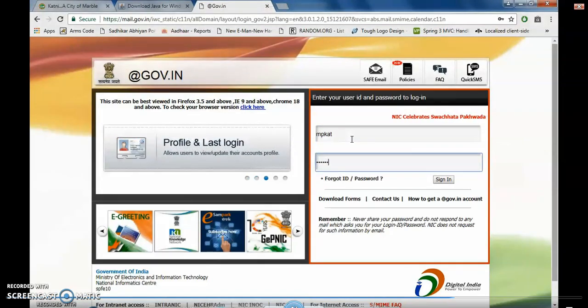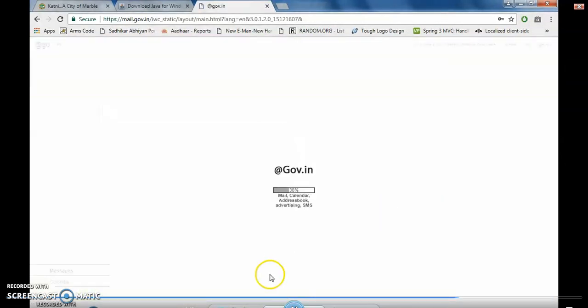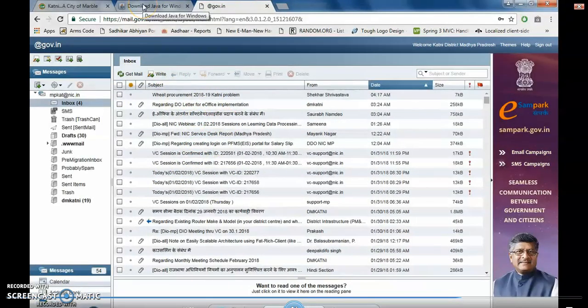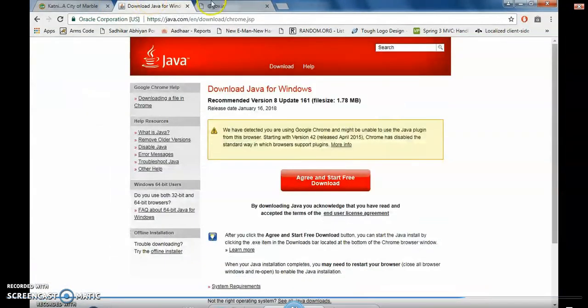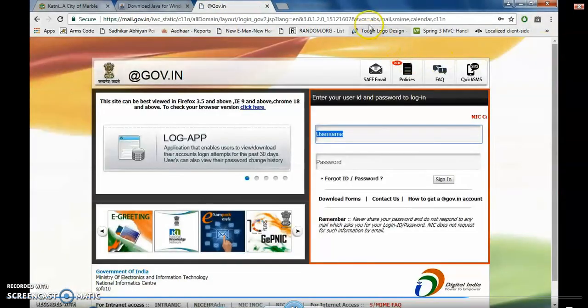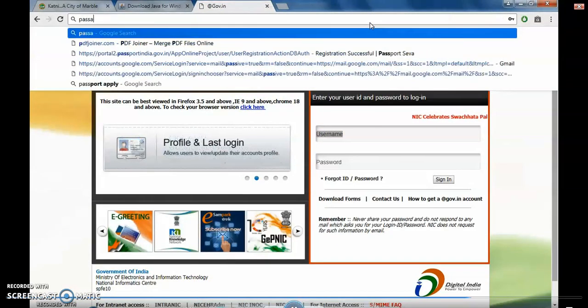Now I'm showing my district email ID login. I'm just getting signed in. As the inbox has come here, it means my email is in active state. Now all the users have received their passwords through SMS, and the passwords are very complex. So if it is needed to change them so that they can remember, one website is there for changing the password,